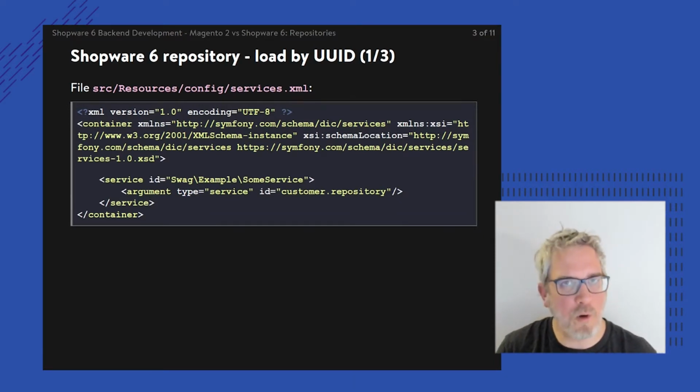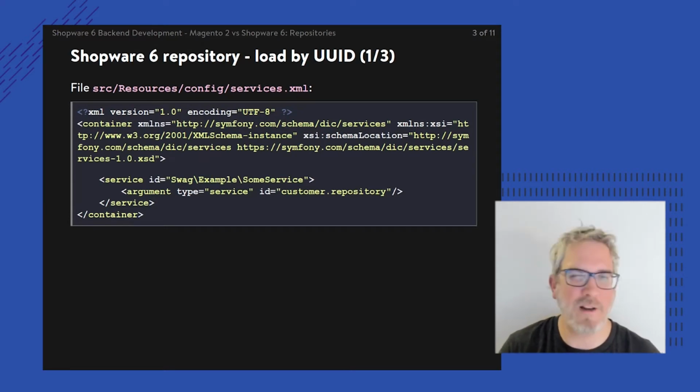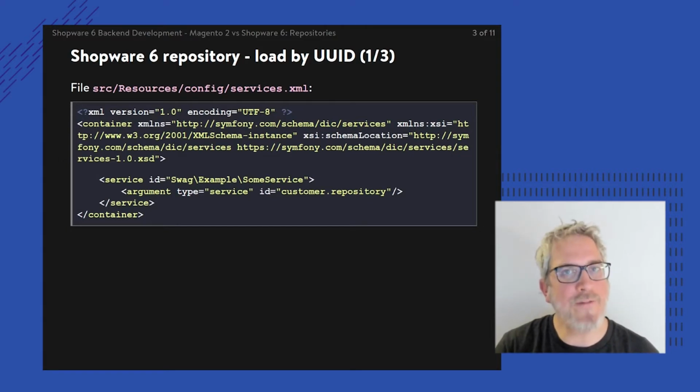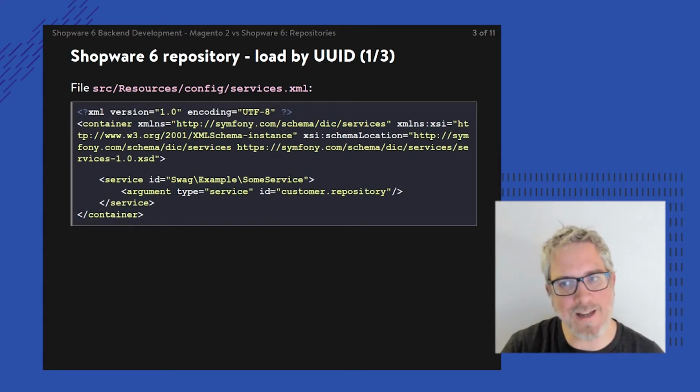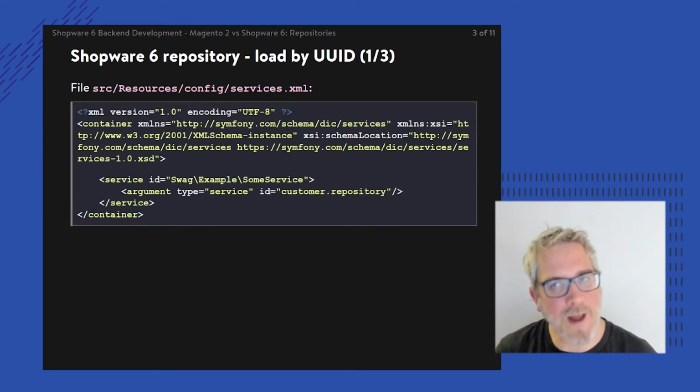The whole logic of a repository is a little bit abstracted away. However, there is a customer entity, and that customer entity leads into a little bit of XML, but that's also leading into an entity class called customer entity, a customer entity definition class, and even a customer entity collection class.